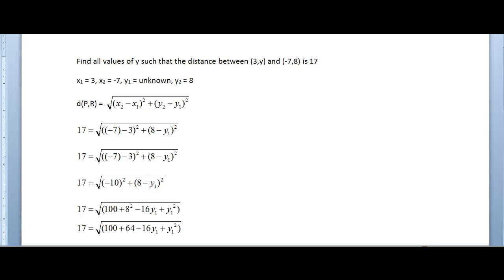And the distance formula is the square root of (x2, which is -7, minus x1, which is 3) all of that squared, plus (y2, which is 8, minus y1, which is our unknown) squared. So we're really trying to find all values of y1 such that when we plug it in,